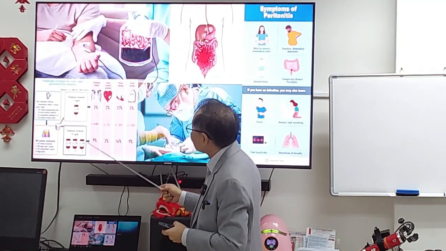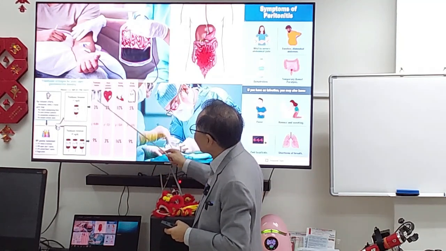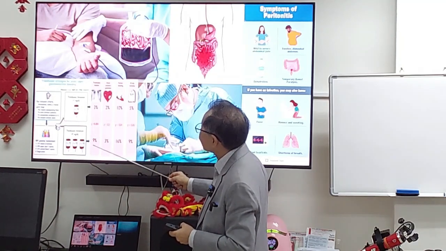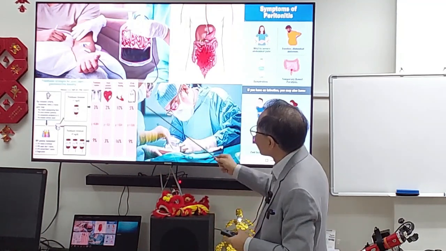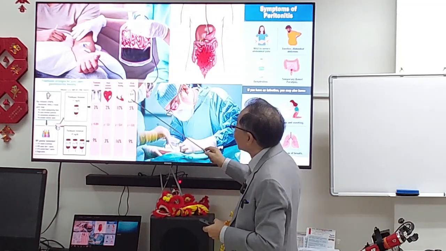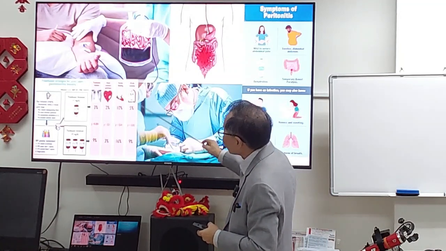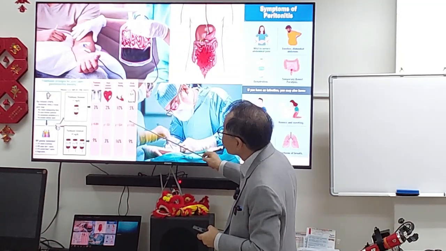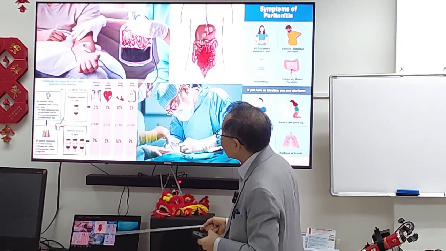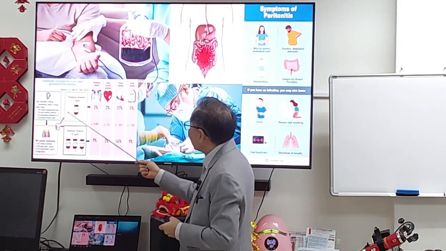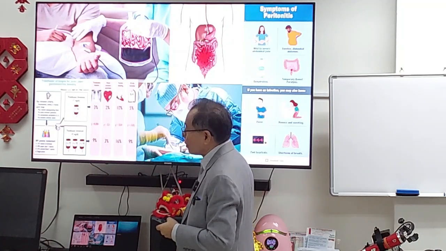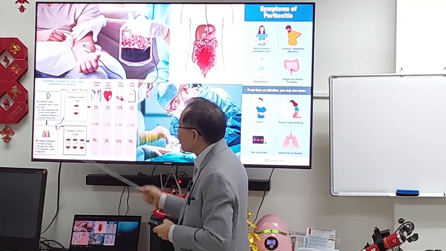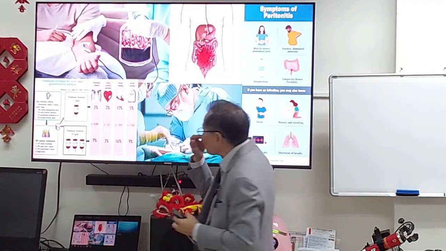So how much you transfuse? 3%, threshold 9%, and so on. 45% mortality, people can die. If your hemoglobin is less than 77%,